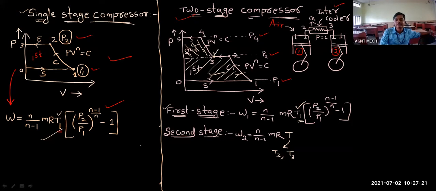So that's why this temperature is T3, not T2. Okay. I think you are clear. Why is it not T2? Because T2 is the entrance temperature for the intercooler. This is the intercooler, 2 to 3. T2 is the entrance temperature of the intercooler, and T3 is the initial temperature of the compression process. So we have to take the initial temperature during the compression. That's why I have taken T3 over here. Okay.